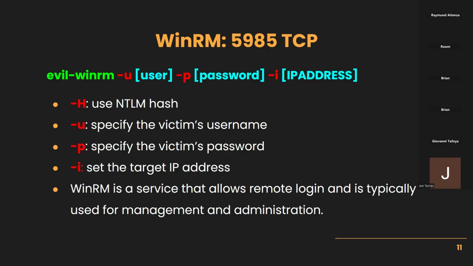So this command is evil-winrm. It essentially allows you to remotely access a Windows machine from a Linux device, but the reason why it's called evil is because it's usually used in a pen testing environment. For example, the -H flag allows you to use an NTLM hash, which is basically